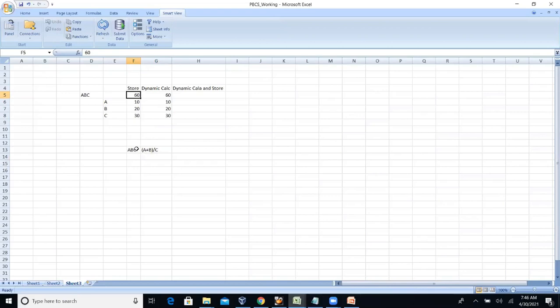I have the requirement to write the formula as ABC is equal to A plus B divided by C. When you are retrieving data, it will calculate like 10 plus 20 divided by 30.